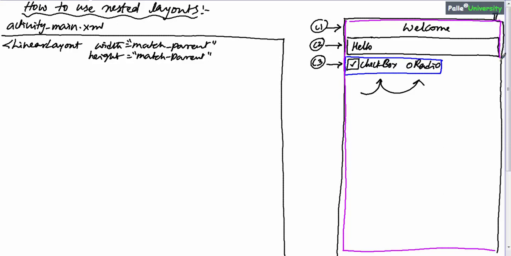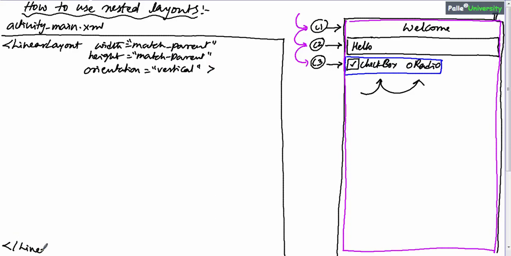Whatever I have drawn here with the pink color is the outer linear layout. Since in the outer linear layout there are 3 children one below each other, or 3 rows, I should take this linear layout as vertical linear layout. So I will specify orientation equal to vertical and I will close this linear layout here, and this is the ending of that linear layout.